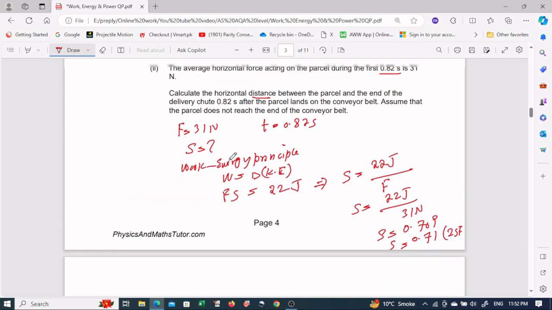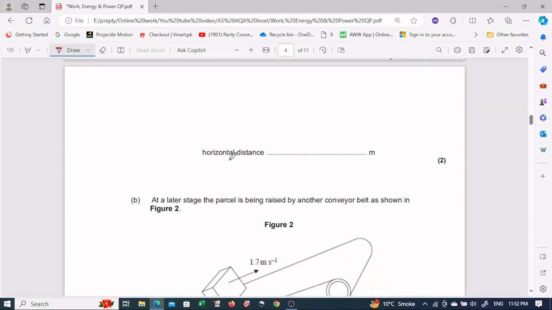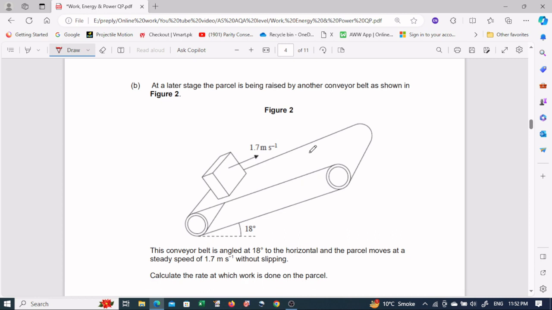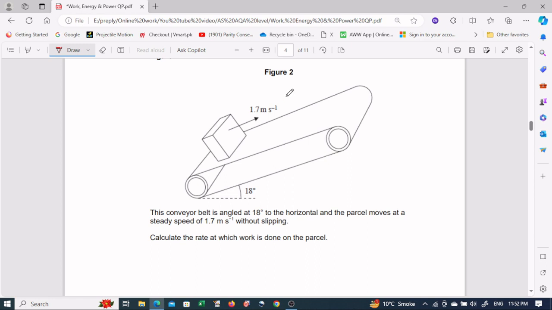Okay, now we move forward and discuss the next part, the parcel being raised. So basically we have raised this level. The angle of inclination is 18 degrees. The speed is 1.7 meter per second, and we have to find the rate at which the work is being done. In order to find the rate, it means the power. Rate means work done per unit time. In order to find the rate of doing work,